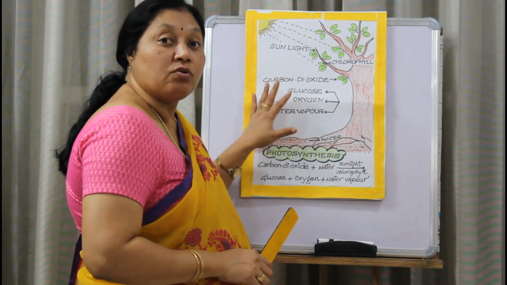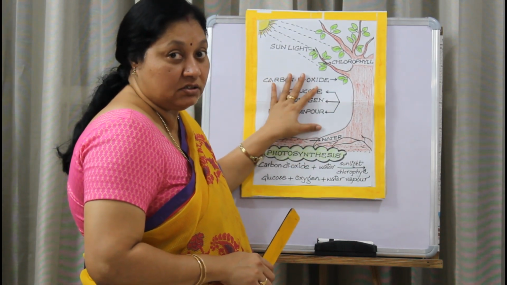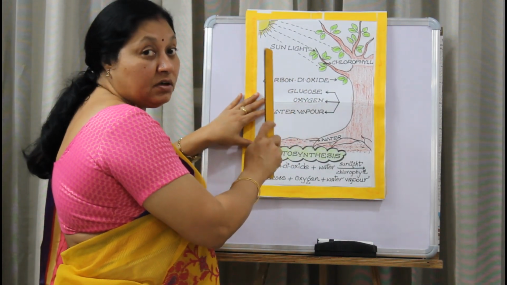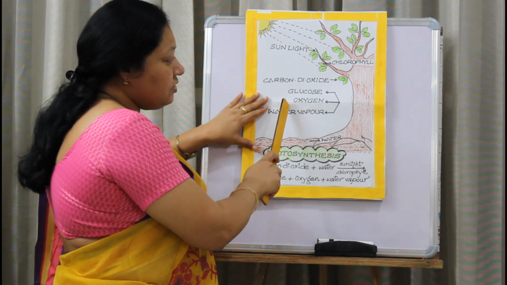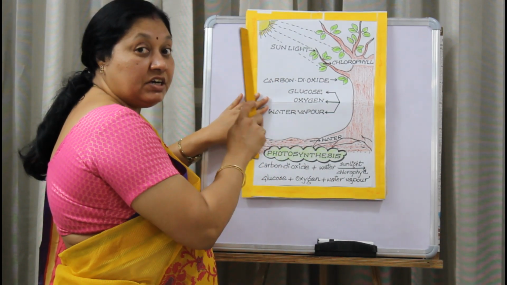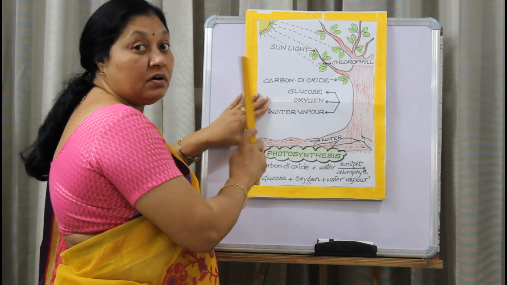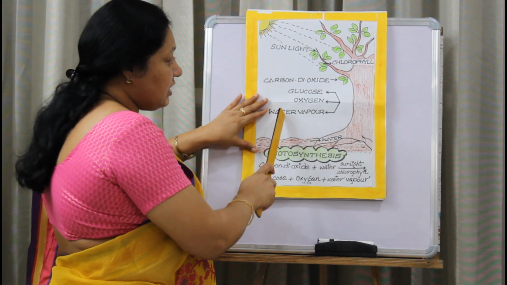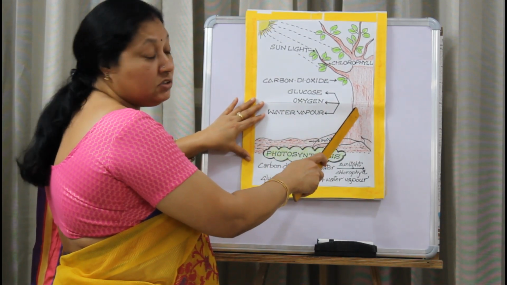Now let us learn how the process begins and ends. So do you remember the mom cooking food in the kitchen? She needs some rice, she needs some water, and she needs a flame for which she needs some cooking gas, right? In the same way, even the plants,